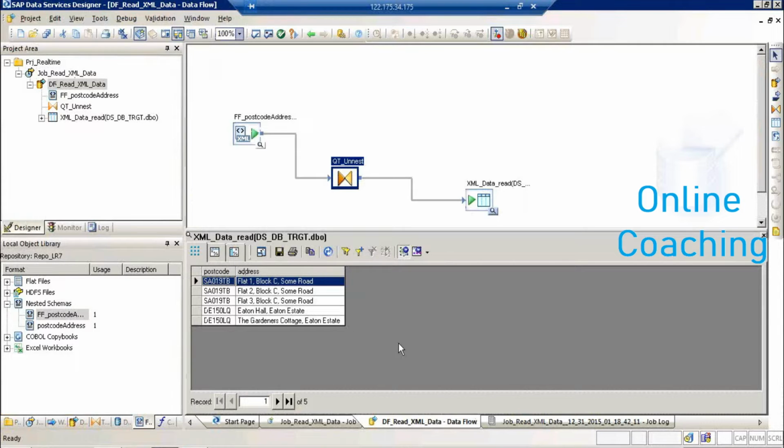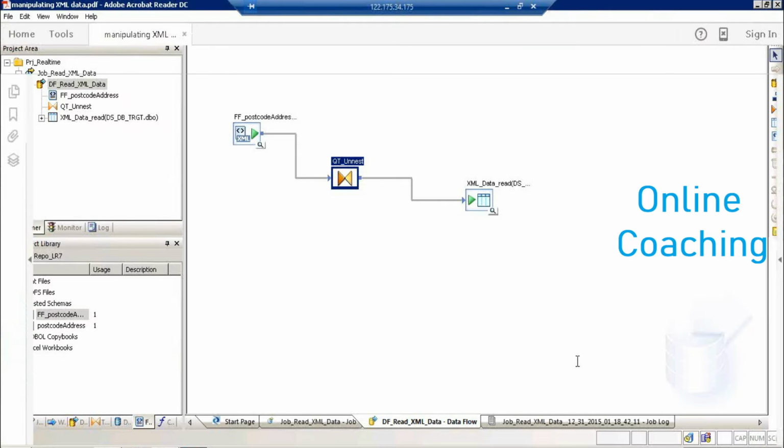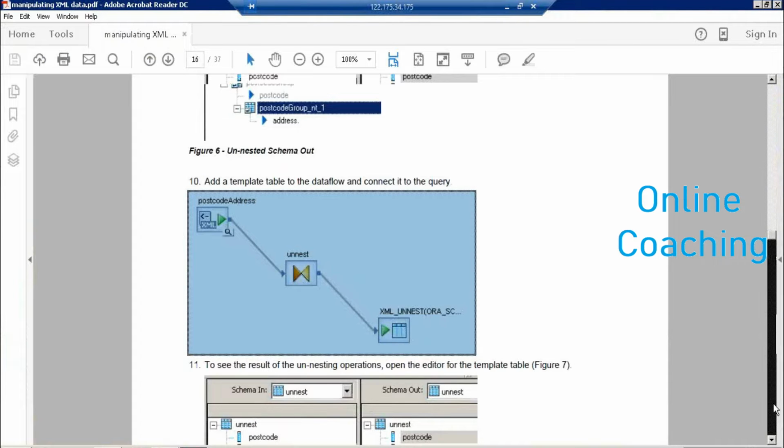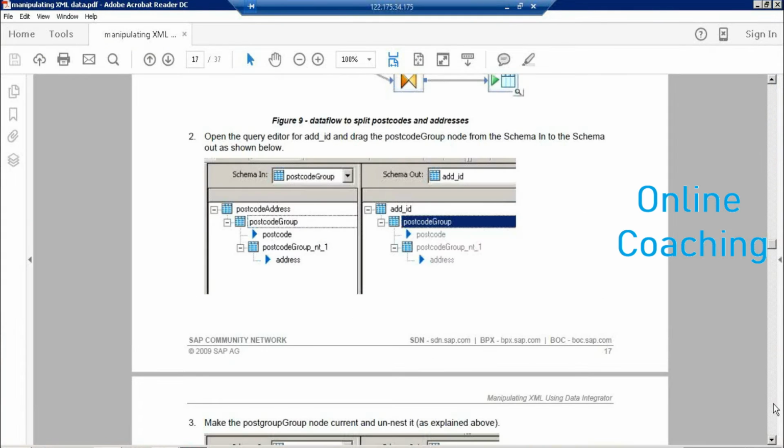The second assignment that we will do is capture the postal codes in separate table and addresses in separate table. So how do you split a single XML file's data into the flat structures, right? Two separate flat structures. So to look at the diagram of that one, I'll just quickly scroll down to